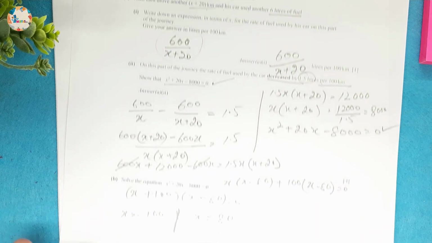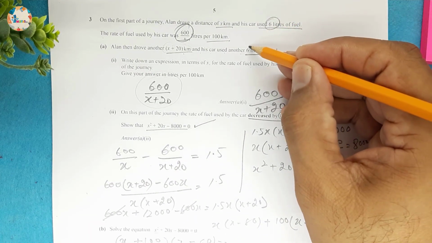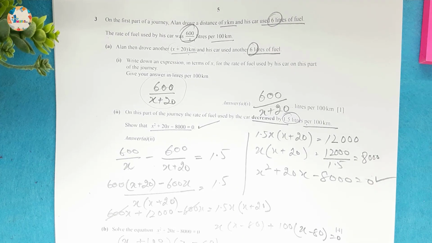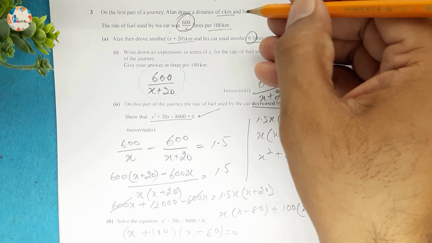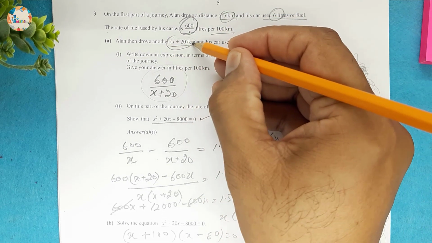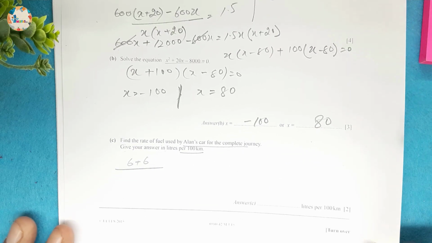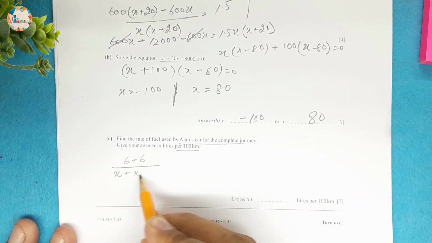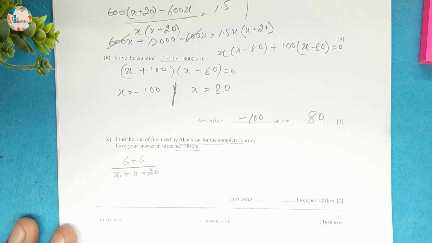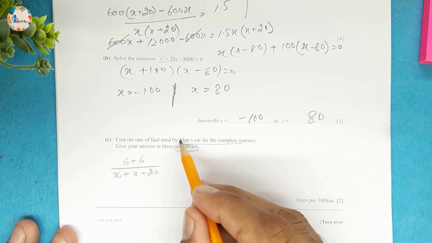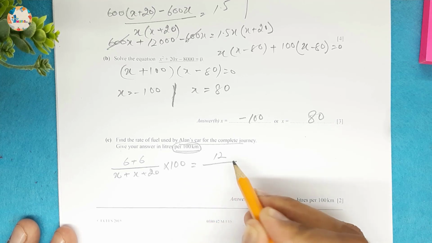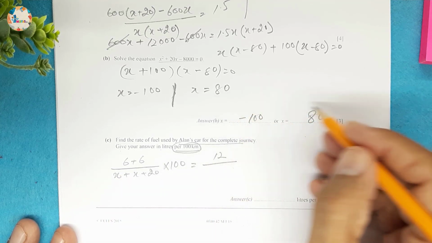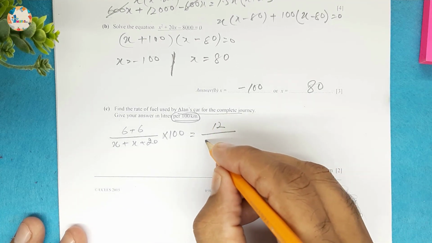So if we check the start of the question, 6 liters over here and 6 liters over here, so 12 liters of fuel is consumed. The distance covered is x kilometers for one and x plus 20 kilometers for the other. So we'll add the total distance, x plus 20, and to calculate per 100 kilometers we will multiply by 100, so this will be equal to 12 over the x value we found. This negative value we'll ignore, we'll use the positive value, so it will be 80